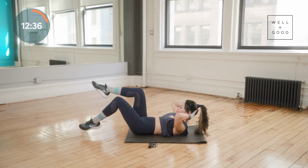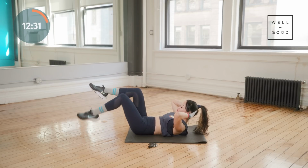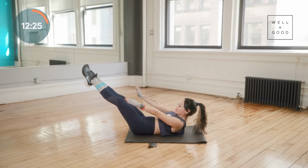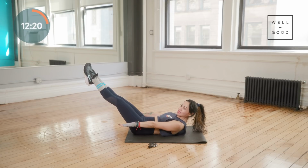Legs will go long, about a 45-degree diagonal. In 5, 4, 3, 2, let's do it. Squeeze your legs together, extend them out. Arms long, down by your hips, a few inches off the ground. Pause, squeeze your abs, let the tension build, press your lower back down, and then now give me hundreds, pump